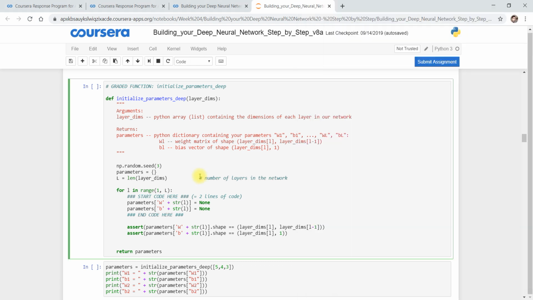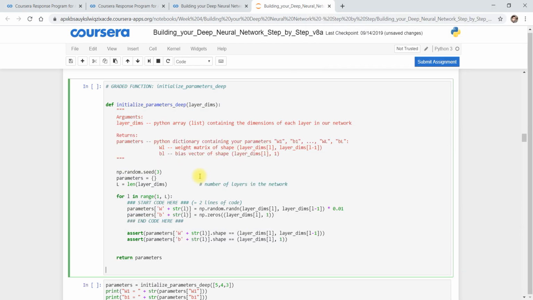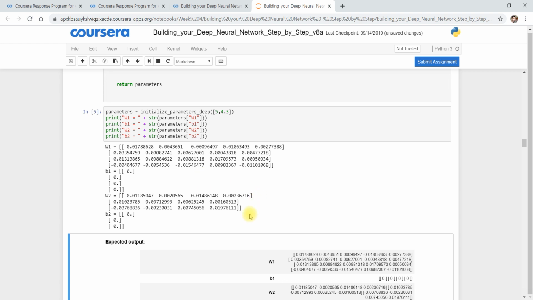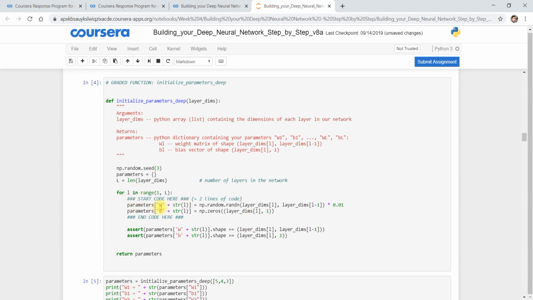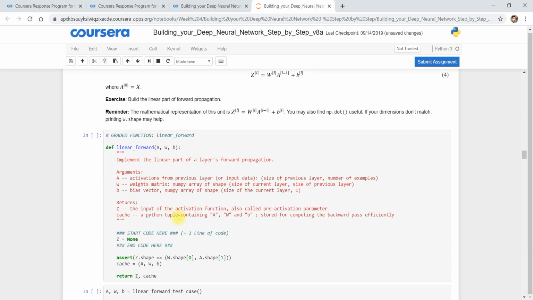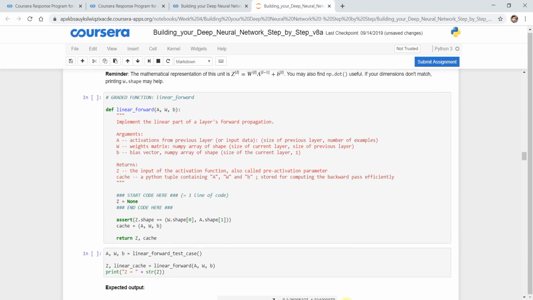I am just copying and pasting all of this because you know in Python there is indentation error, so I don't want to go with that. That's why I am copying the entire code and putting it in, so I can complete within limited time. So here we only made these 2 line changes, not anything more than that. You can always find the start code here and end code here. In that portion only we have to make any changes. In other portions we need not make any changes at all.